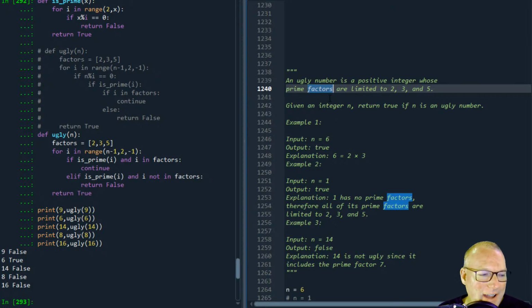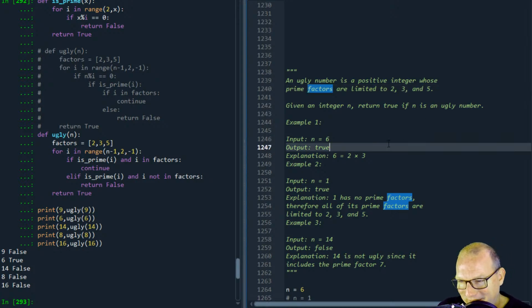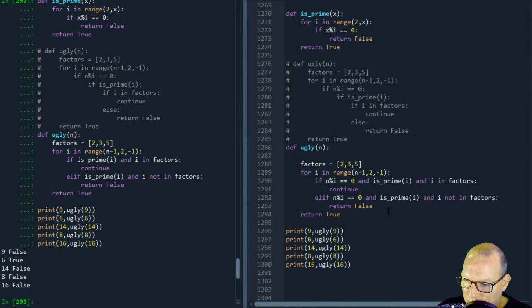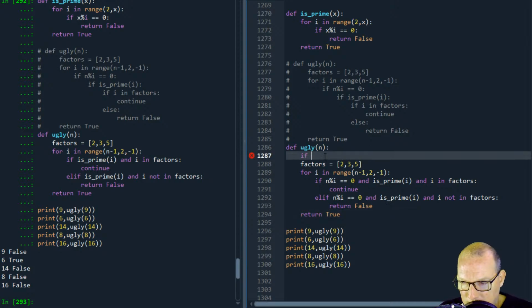I think I even highlighted it. And I was like, hey, they put prime factors here. Wonder what they mean by prime factors. Well, that's exactly what they meant. It could only care if it's a prime factor. So, all right. So now if n greater than 0,